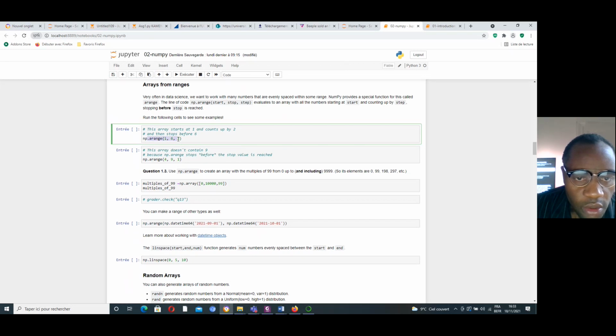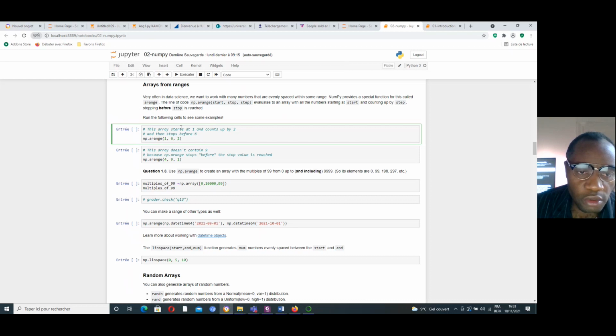Here we want an array that starts at 1 and counts up by 2, then stops before 6. With numpy dot array, the first starts with 1 and the end is 6, and here is the step. What is the index of the first number?